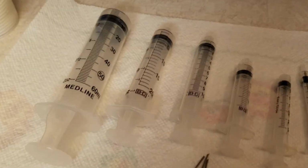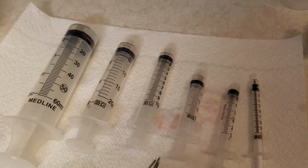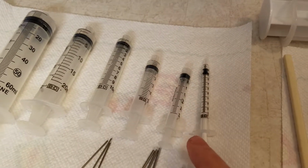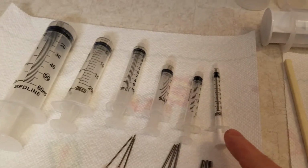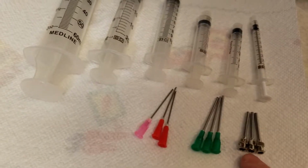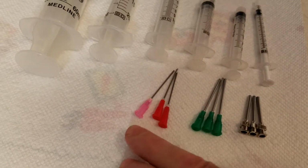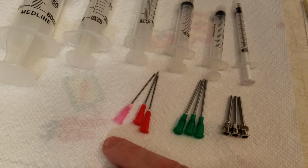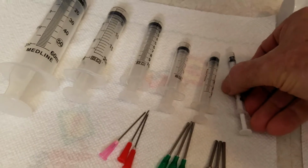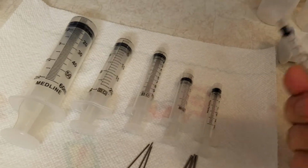For smaller batches, I'll be into syringes, all about syringes. I've got 60s, 20s, 10s, 5s, 3s, and a bunch of 1s. Needles, blunt tip needles, I've got 12s, I've got 14s, and I've got 16s, blunt tip all. That way, for instance, if you're measuring out various flavors for a smaller batch, you can use the 1 cc